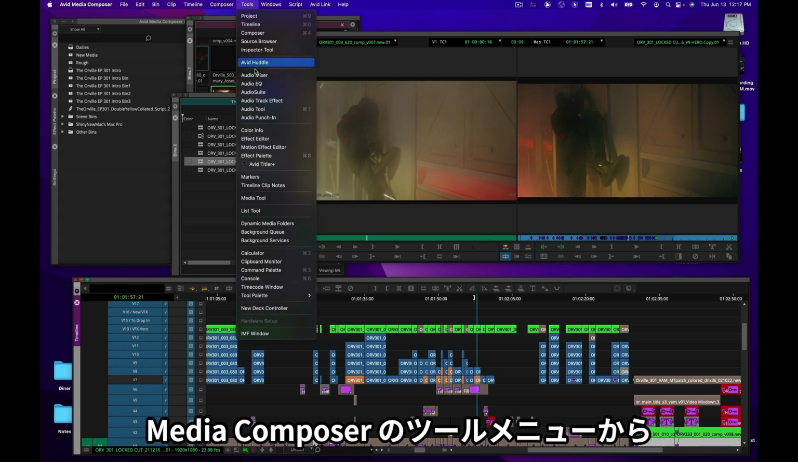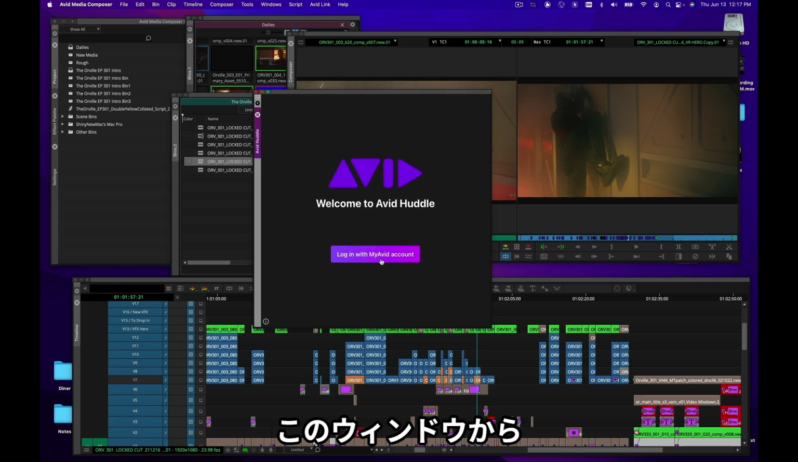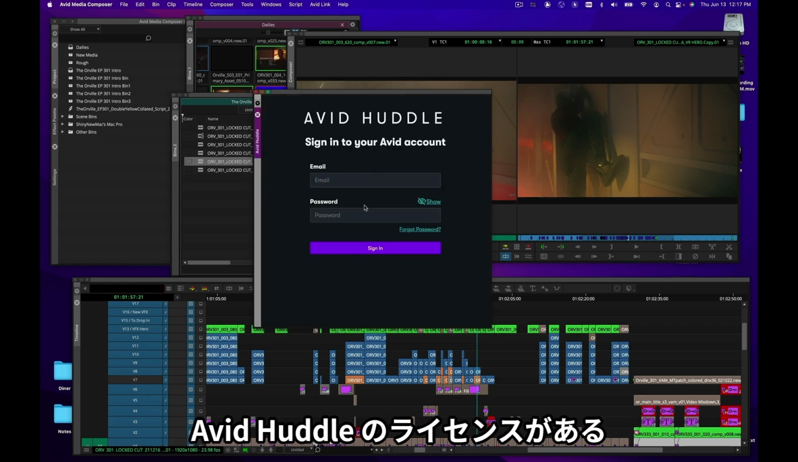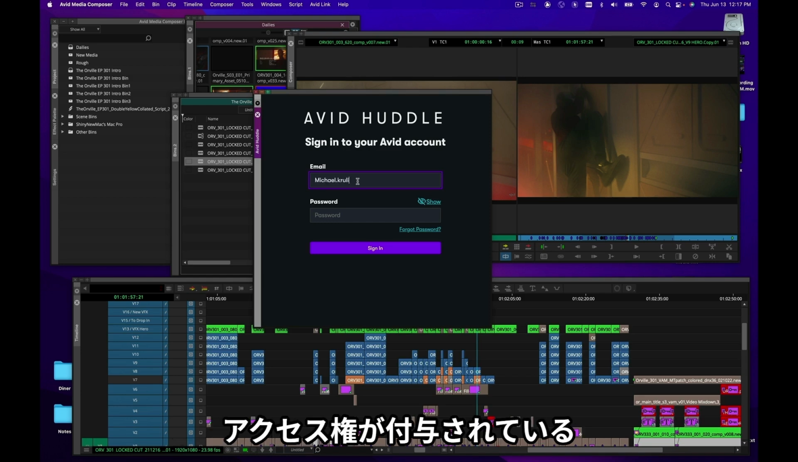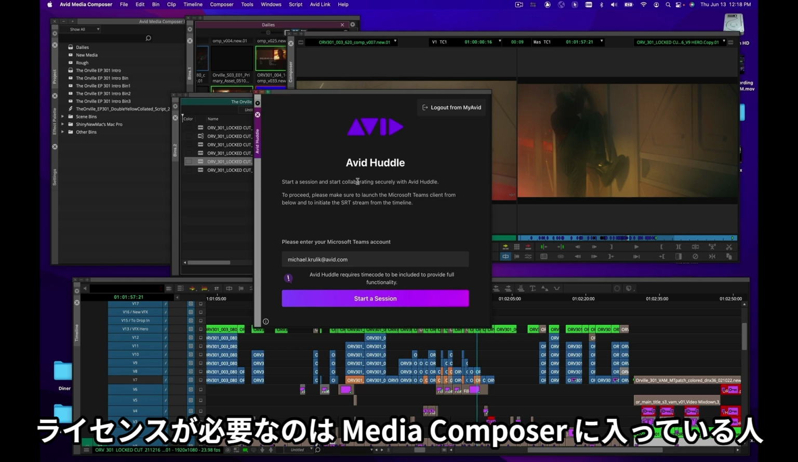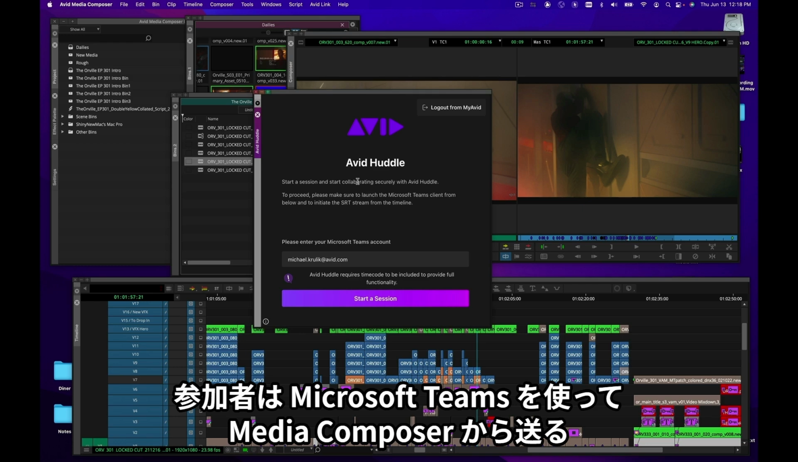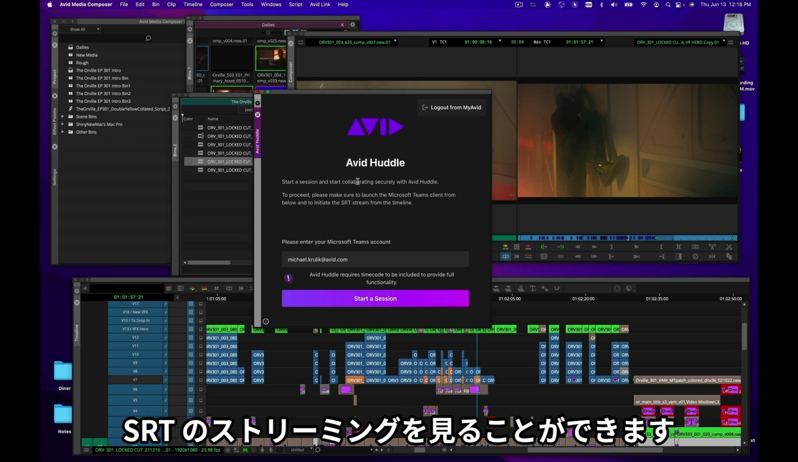Within Media Composer, under Tools, you'll see Avid Huddle. Through here, I'm going to log into my Avid account. That's where it is licensed, or that's where the administrator has given me access to my Avid Huddle license. Again, only the person in Media Composer, only the host, is the one that needs the license. Anybody who's a participant can just use Microsoft Teams to see what I'm going to be streaming out of